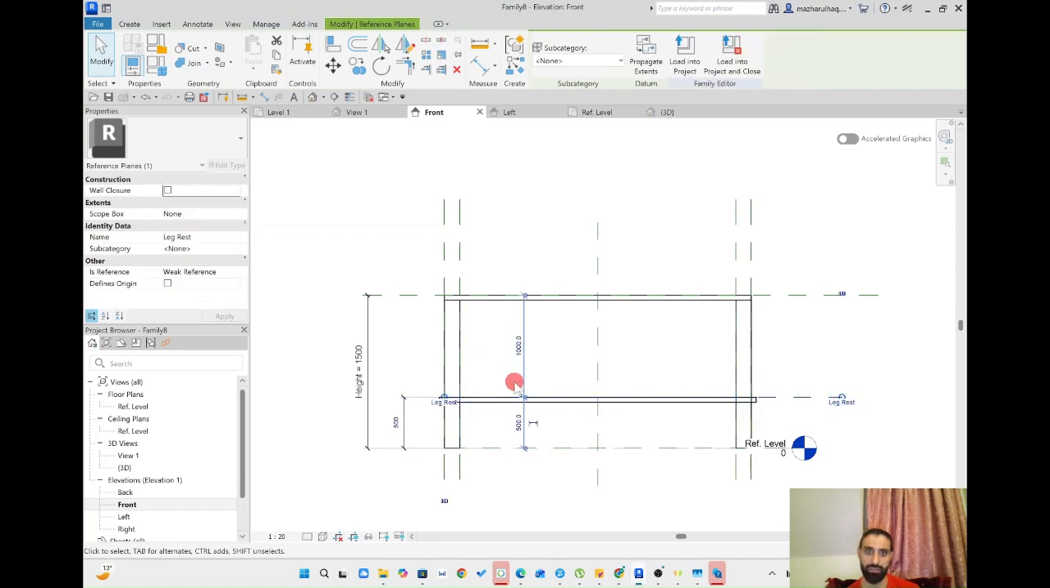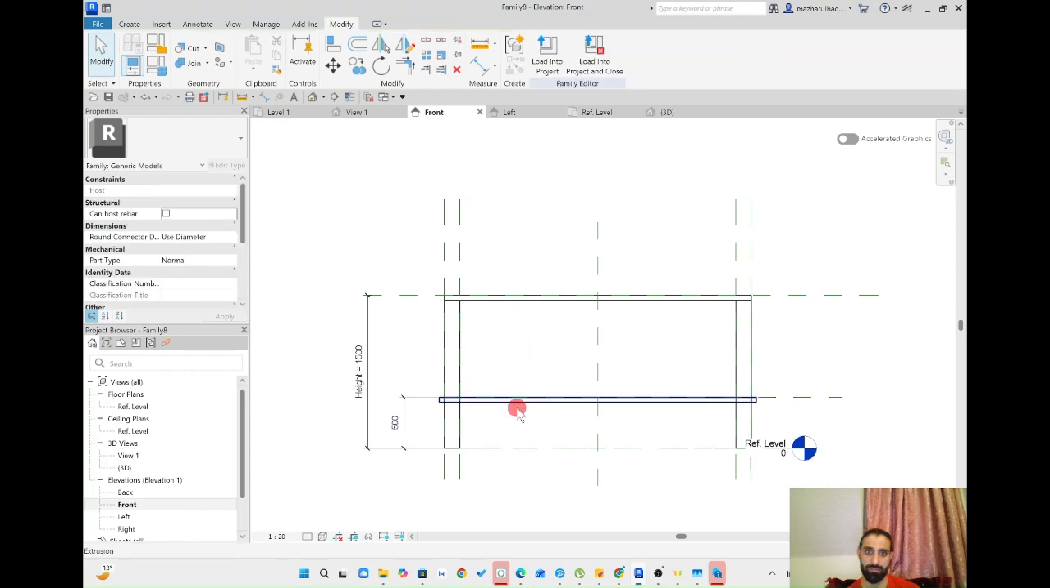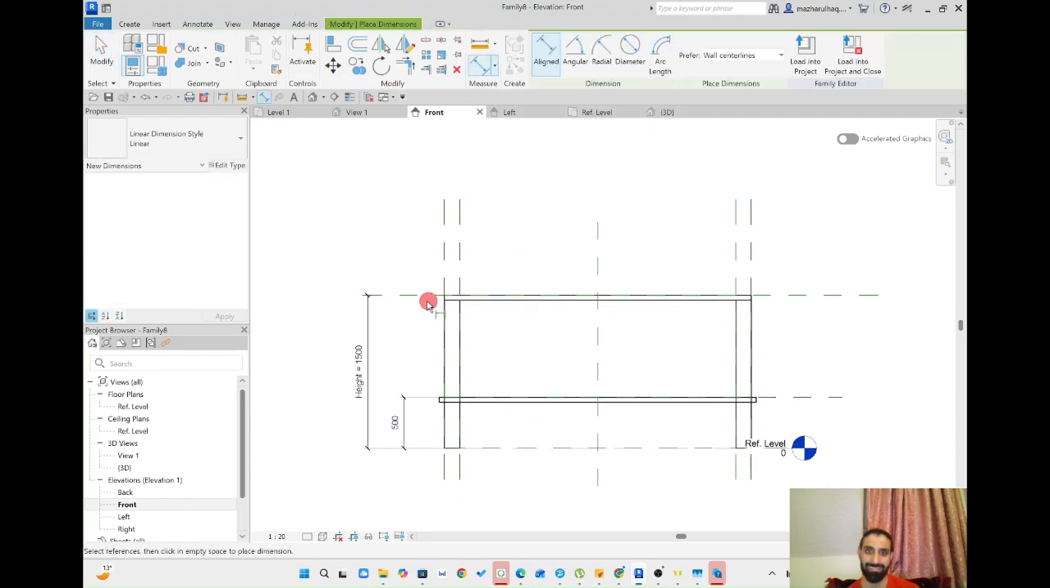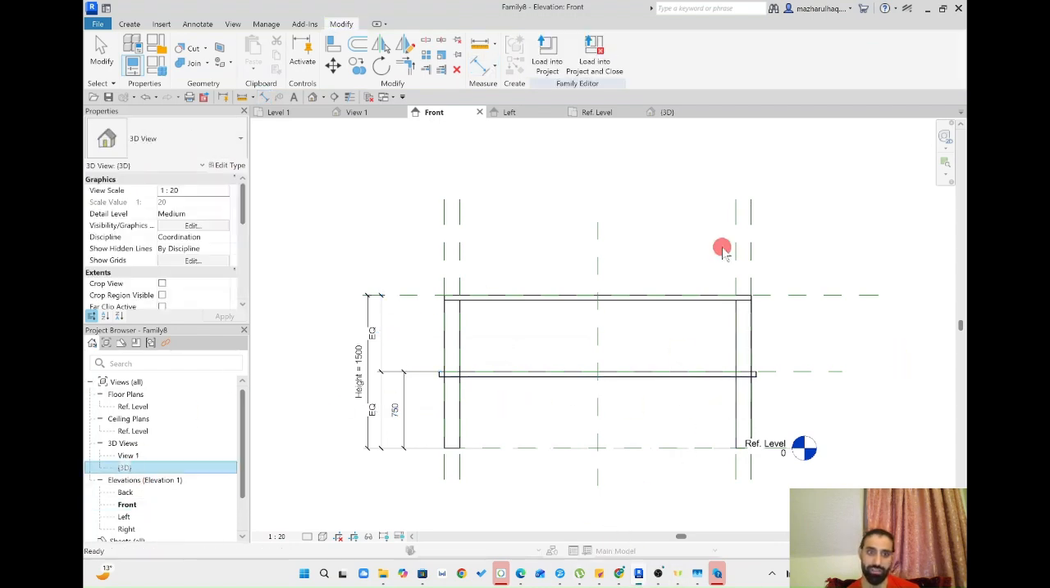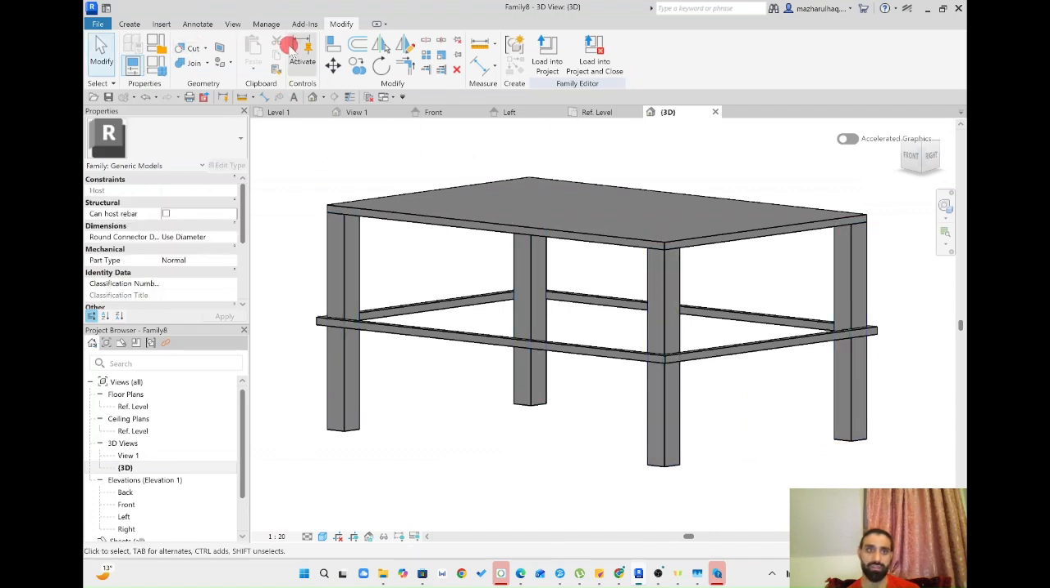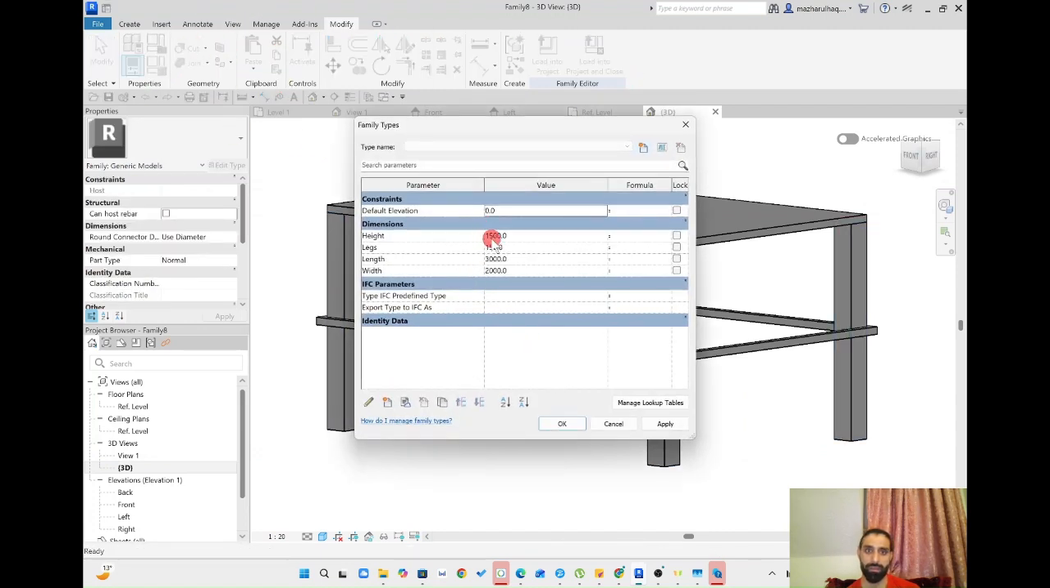If you see this, we will make dimensions from here to here and then again to here, and we will equalize it. When you equalize it and lock it, that means it will stay in this place. And if you change the dimensions now, for example, let's make this